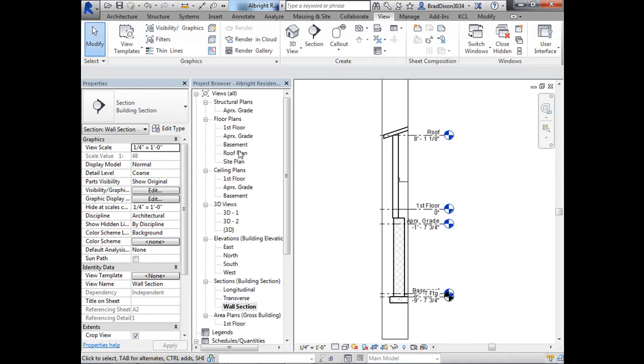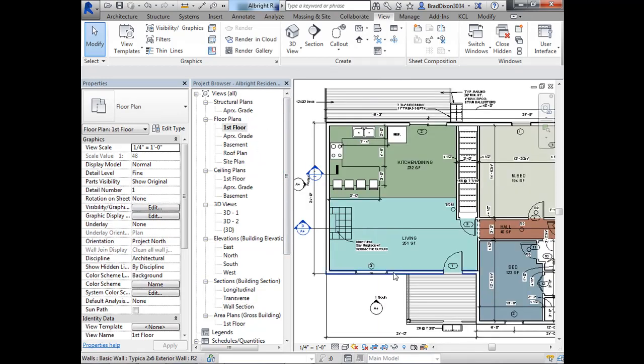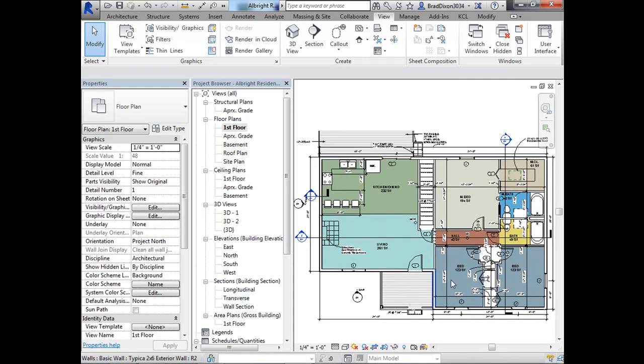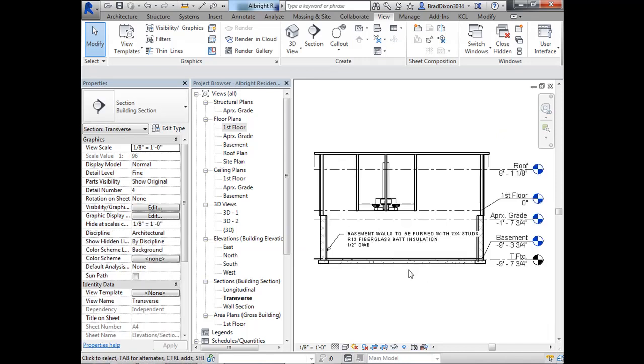Alright, so back to the floor plan view. If I want to look at the sections, I can either go to the floor plan view and see them from there, or I can click on them in the project browser. So if I go back to the first floor, this is my horizontal or longitudinal, and this is my transverse. A lot of times what I'll do is I'll try to cut through a set of stairs also. So right now I can't see through the stairs with that,